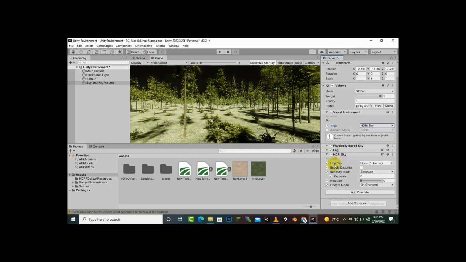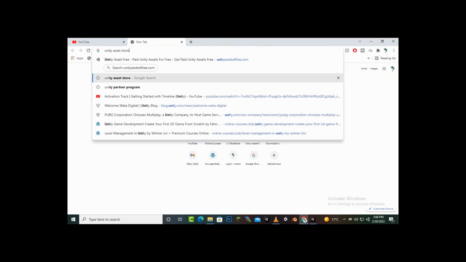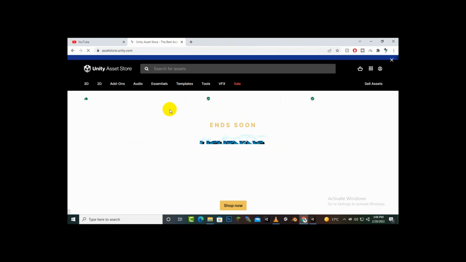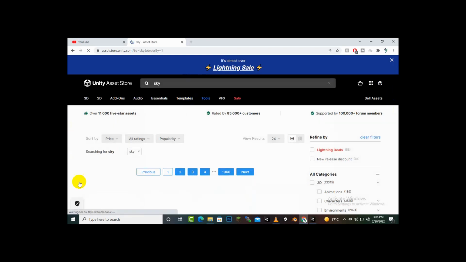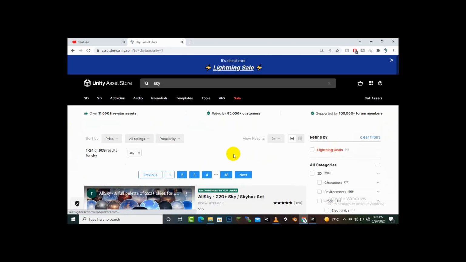Here you can see that we can add our HDRI Sky manually, and we need a cube map, usually called Skybox, for this section, and we don't have any Skybox here. So we'll just go to our Unity Asset Store, and from the Unity Asset Store we can download and import our Skybox. So here we will say Skybox, or we can say Sky, no problem. And then you will find a lot of results here. So we need free sky, so we'll just go to price and free assets,